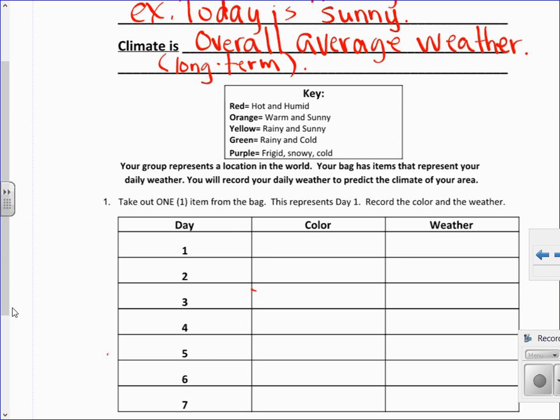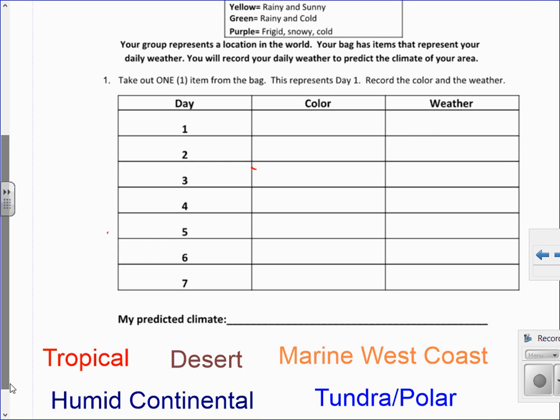Before we do that, on your chart, add an 8th day. We have 7 days, add an 8th day. This allows everyone to get 2 weather days. The reason why I did 7 for the week, but we're going to go ahead and add an 8th day, all right? Okay, so the way that we're going to do it